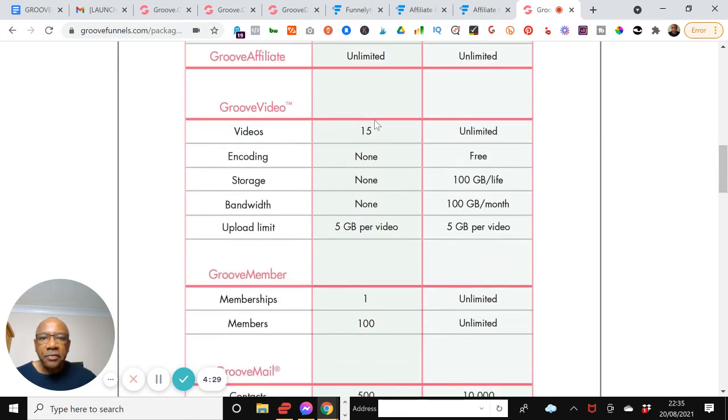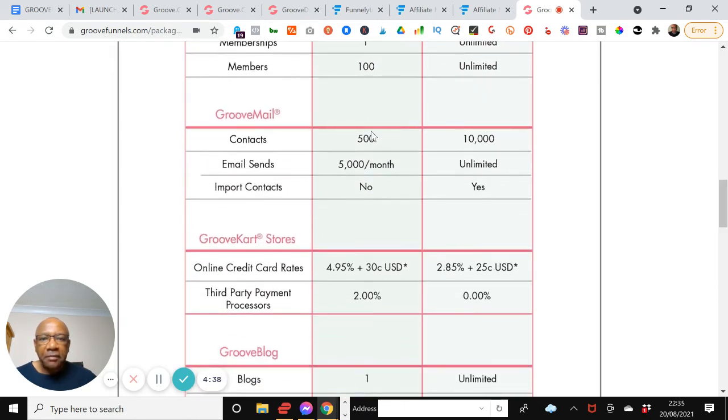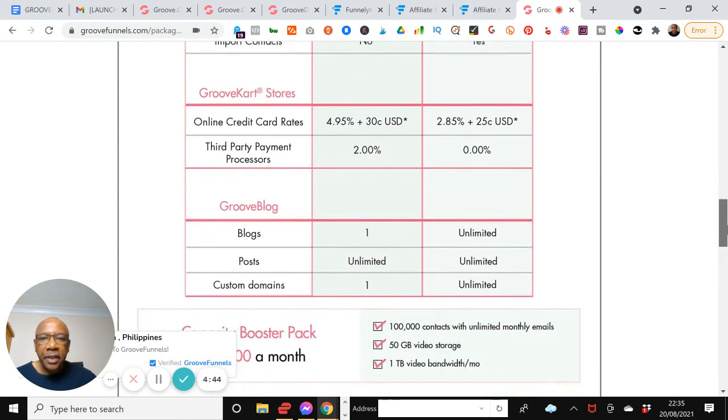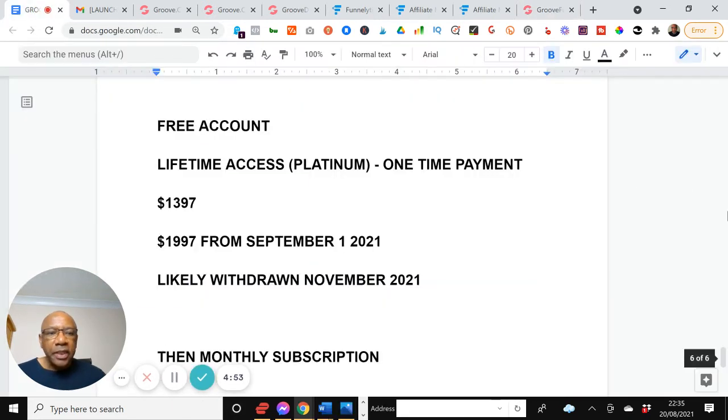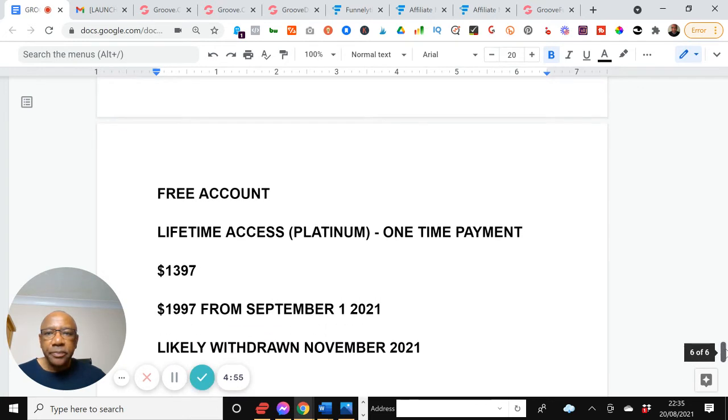You can host 15 videos, 1 membership site, and you can have 500 contacts with the GrooveMail, the email service. And as we come down here, you can create 1 blog with the free site and unlimited blogs with the unlimited plan. So with the affiliate program,